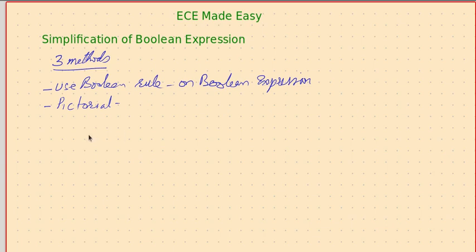So we want to work in a pictorial way, and in this case what comes to our aid is something called the Karnaugh map, commonly known as K map.